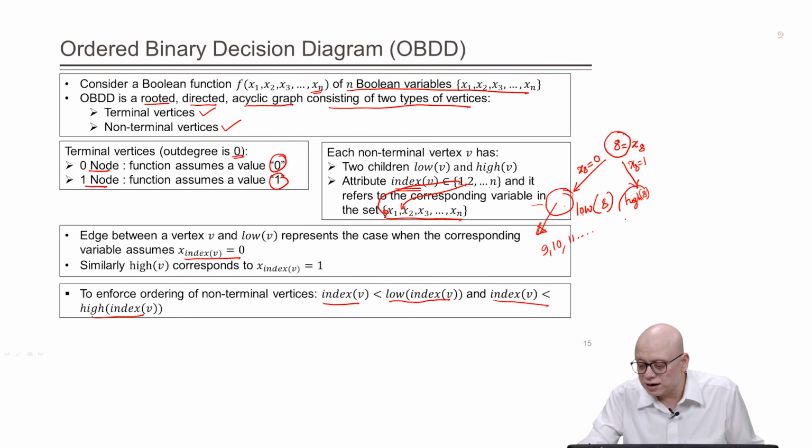Similarly, the vertex which represents high V will have an index with a value of more than 8, it can have 9, 10,